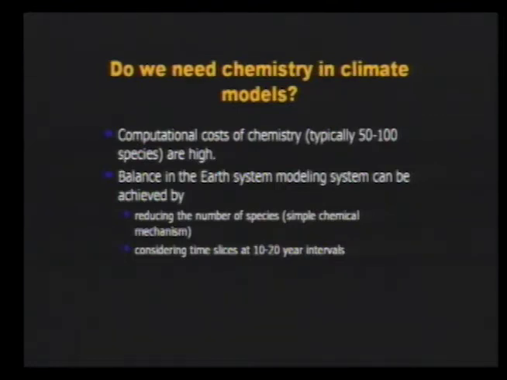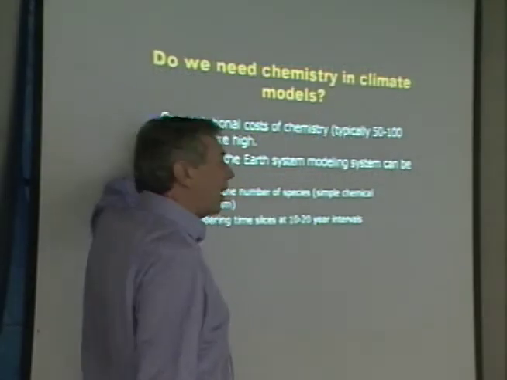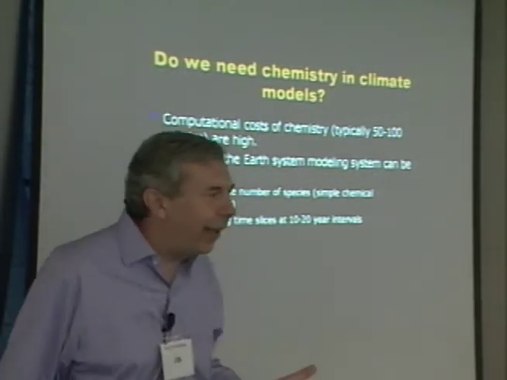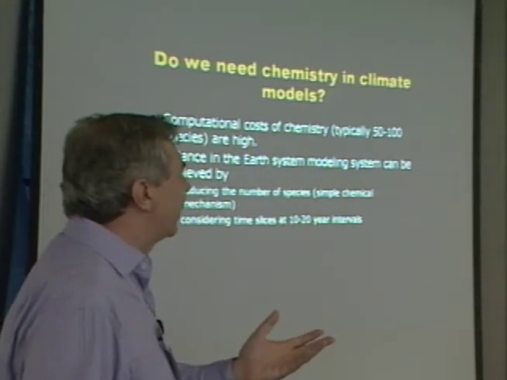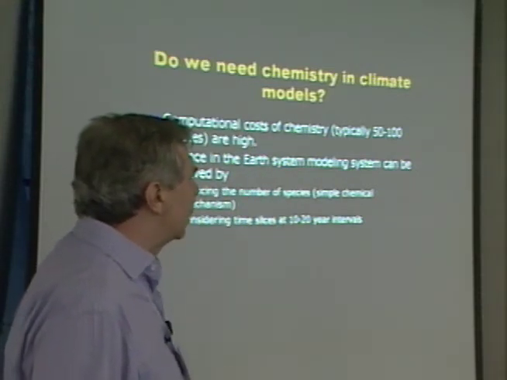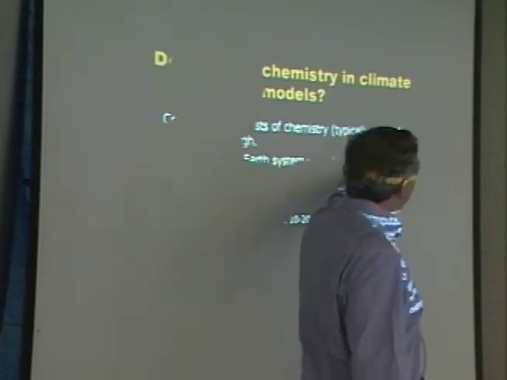And so what I believe is that if we start talking about typically 50, 100 species, which is what we have in the models these days, the computational cost is high. It's very high, in fact. And nobody... That was 1,500 species? Is that what you said? No, no. 50 to 100.